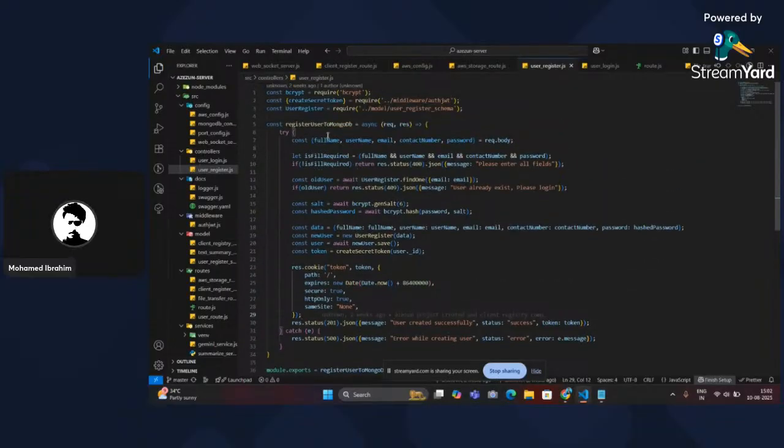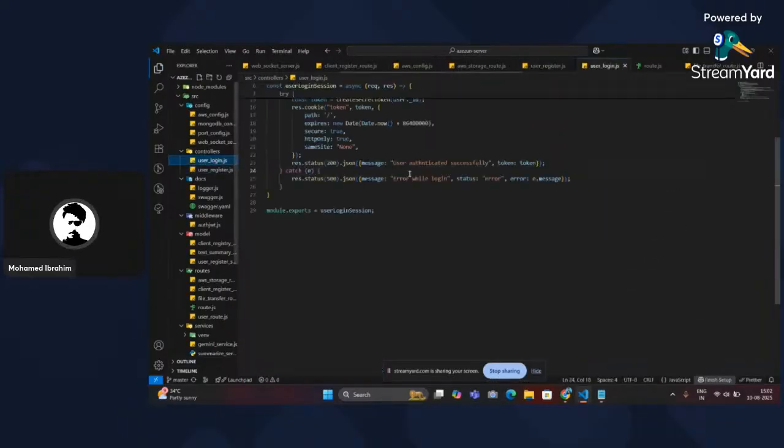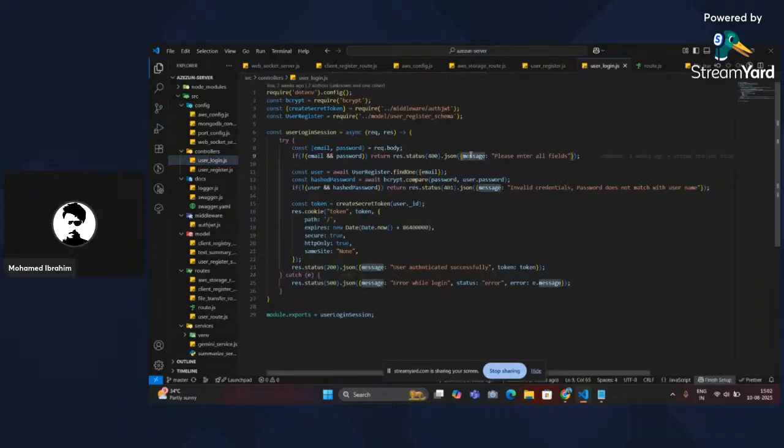So this is the registration process, and next we will go for the login process. Like a user is authenticated and the session is over, so the user once again needs to log in. So here we will get the email and password. The user provides the email and the password, and these will be compared and checked